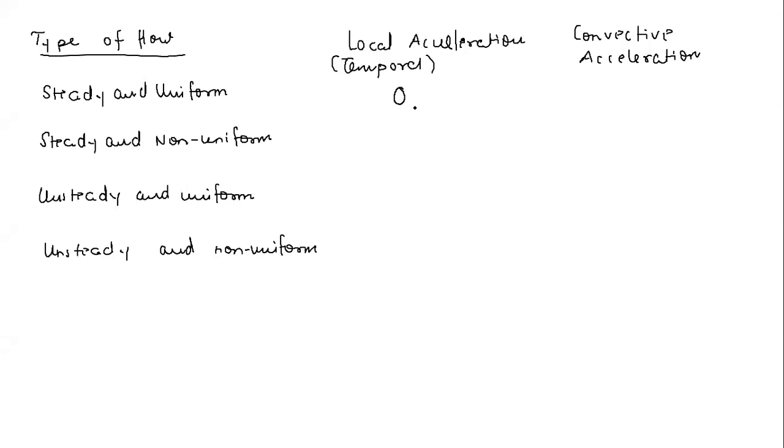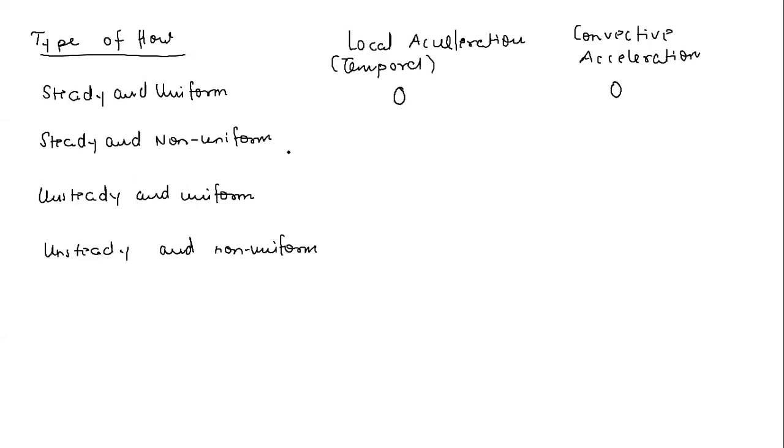Very good. So dV by dx, dV by dz, that means the velocity of a fluid particle at any point is not going to change with respect to what? With respect to time, and with respect to space coordinate. Yes. So that's why convective acceleration will also be zero.